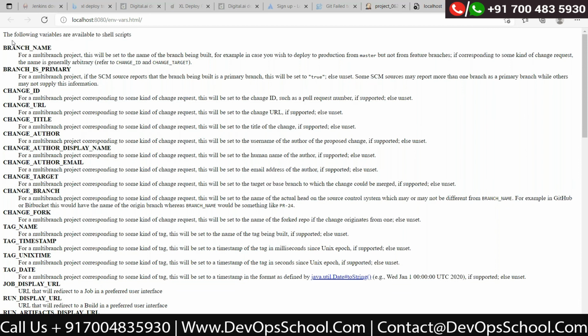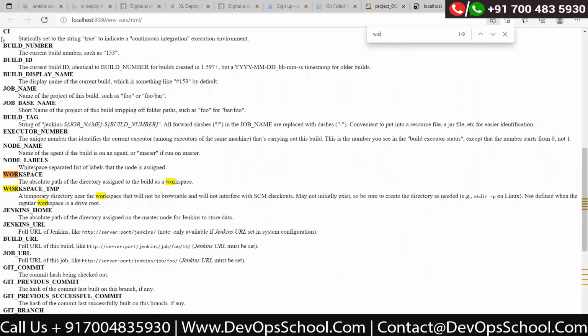Workspace: the absolute path of the directory assigned to the build as a workspace. So this is the definition, and this is the complete list of all the variables.